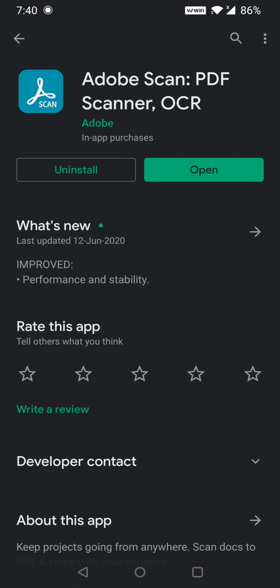After that, you can use this Adobe Scan app to click the photo of the ARR that you have filled and save it as a PDF. You can use the same app again to click the photo of your original degree and save it as a PDF. Make sure you generate two separate PDFs for the ARR form and your original degree, and make sure it is very clear.